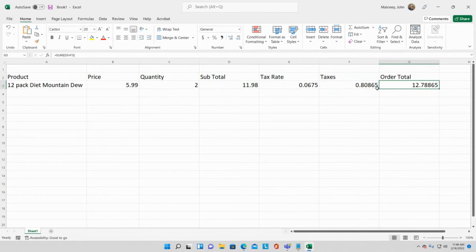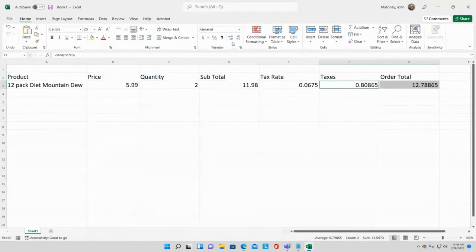And I also want to take it away on this one. And I also want to take it away on this. Well, I don't want to take it away on that one. So that one and that one. Okay. So I selected them both. And then I come up over here in this number box. Okay. And if I click on this or hover on this one, it'll say increase decimal. That means show even more decimal. So this one says decrease decimal. So I want to decrease